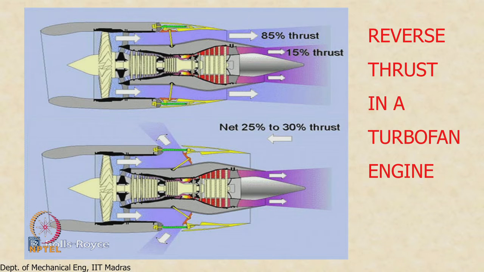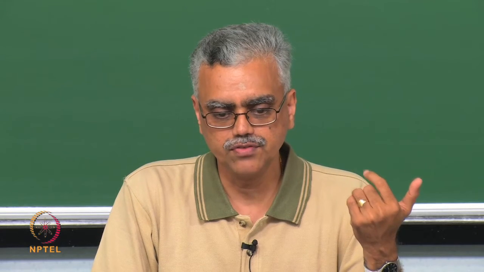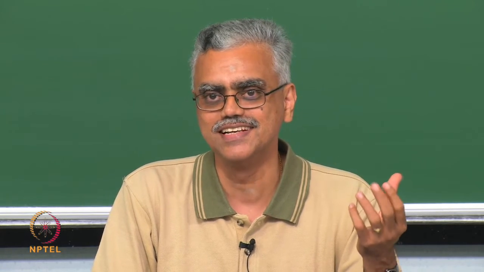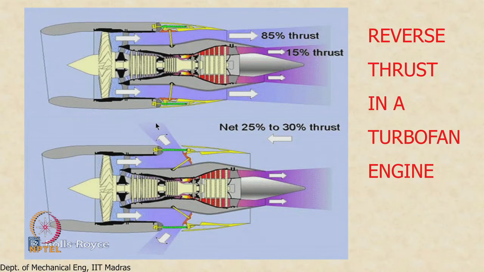Okay, this is what is used to bring the aircraft to a halt. So you can actually see, if you manage to fly next time, and if you manage to get a seat right above the wing, you can see this opening when the aircraft lands, and you can see the air coming out. Okay, and this is deployed in the fan stream. Any question?